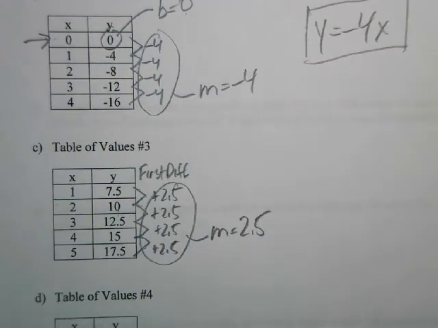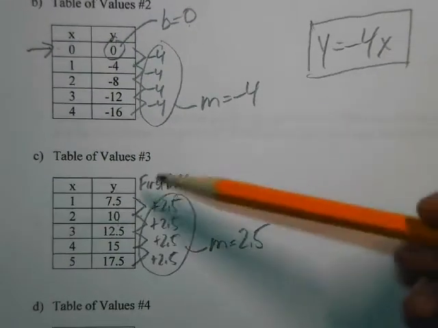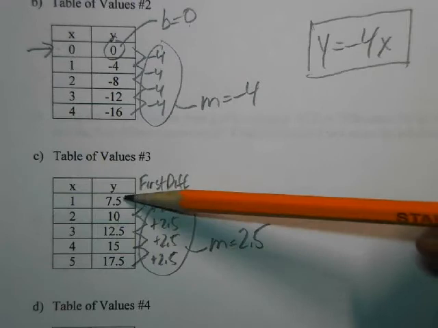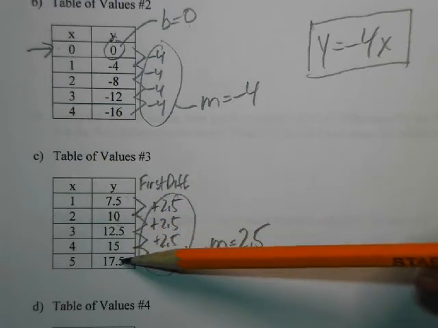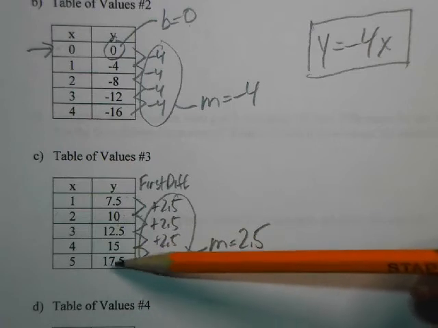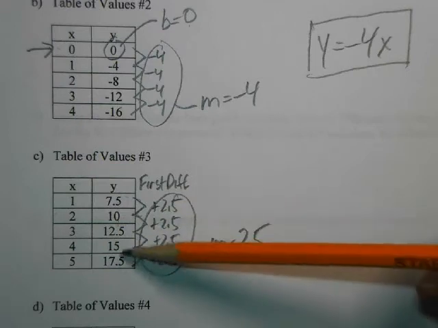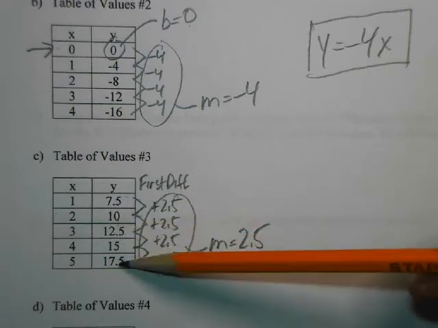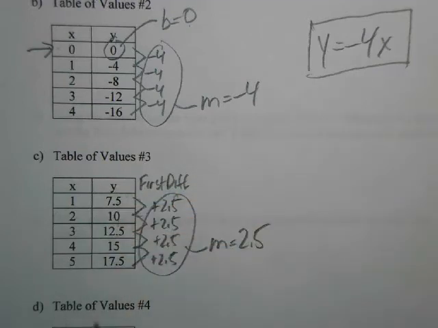Okay, so what do we do about the y-intercept? Well, it's important to realize you've already seen the pattern. When I go down to the next entry, I'm always adding 2.5. Okay, what if I go up? So if I go from 5 to 4 to 3, well, that would be the opposite sign, right? I would be subtracting 2.5. So if I kept going, I can use this pattern to create entries for 6 and 7 and 8,